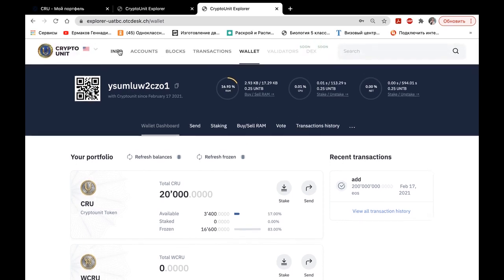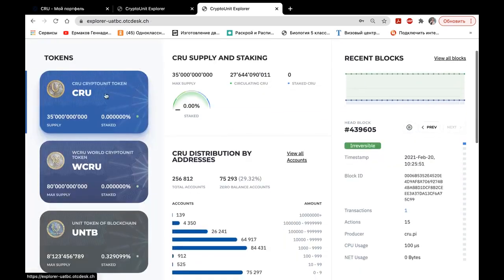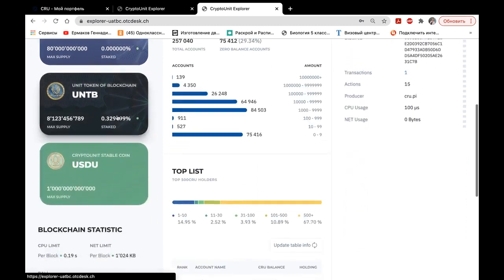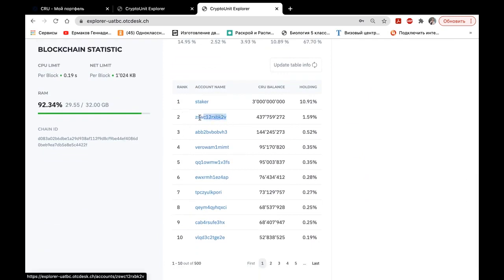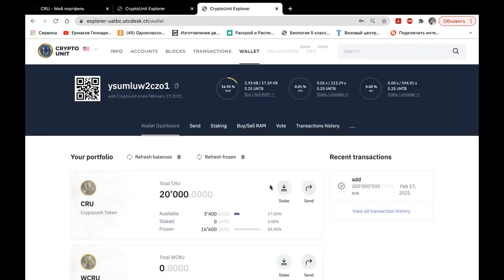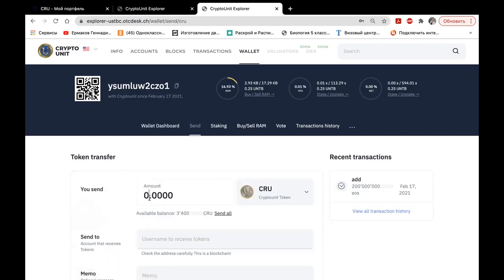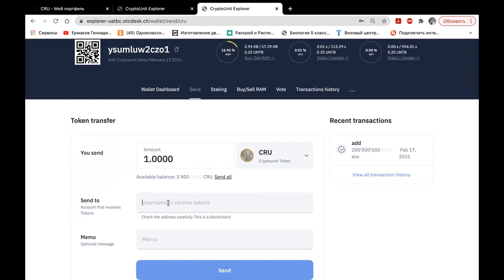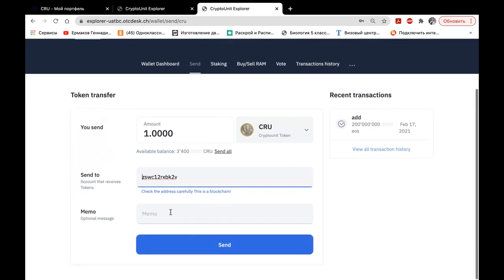Let's now at random take any CRU account on the blockchain. For example, this one. And send one CRU there. Press the button Send, enter 1, enter the address of the wallet, preferably without space bars. In memo, we can simply write test. It is very important to complete this field memo when you send your tokens to the exchange. If you want to send to each other, you can write any message, for example, from Alex, or whatever you want,